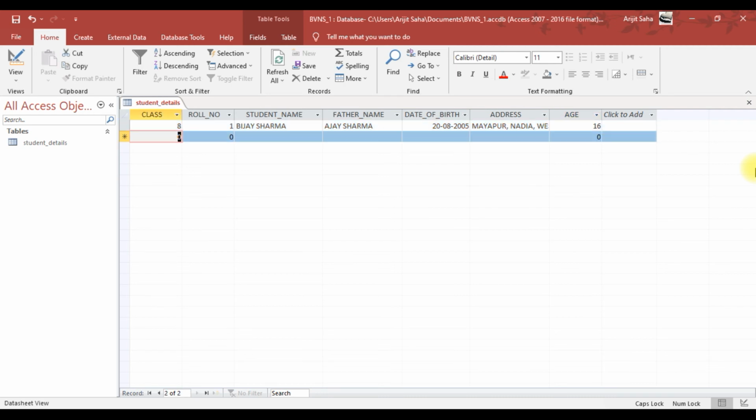Okay, so this is how we enter the data over here. As you can see, in the age column we could have kept that age column as a calculated column, where we could subtract the current date today from the date of birth, and we could get the actual age of the student over here. This is something we can learn in a different class, as the calculated data type is not there in our syllabus, so we'll discuss it at a different time.